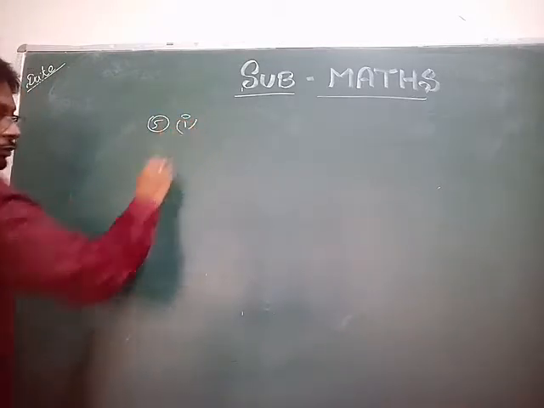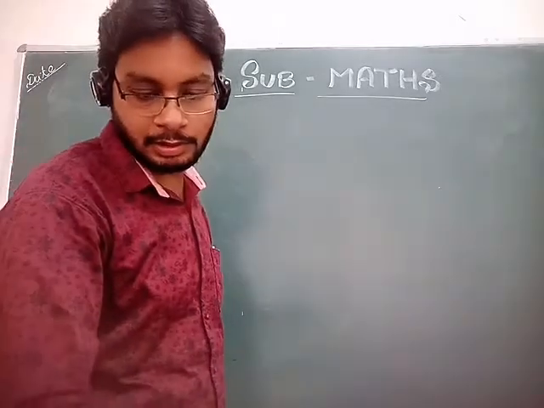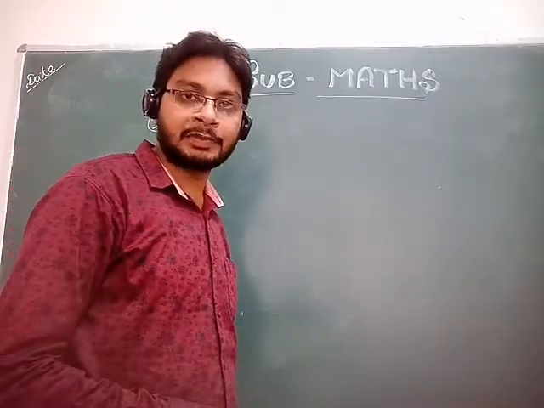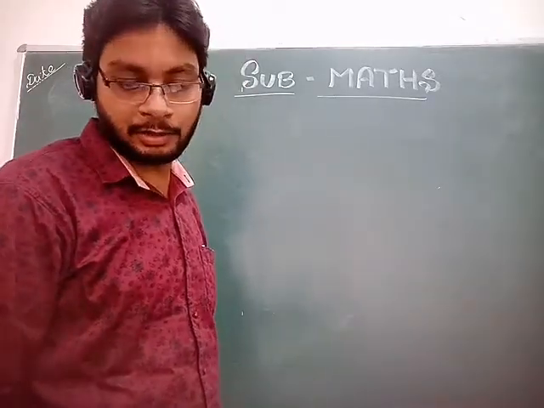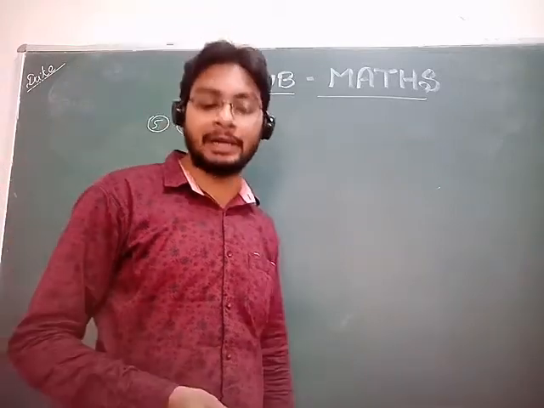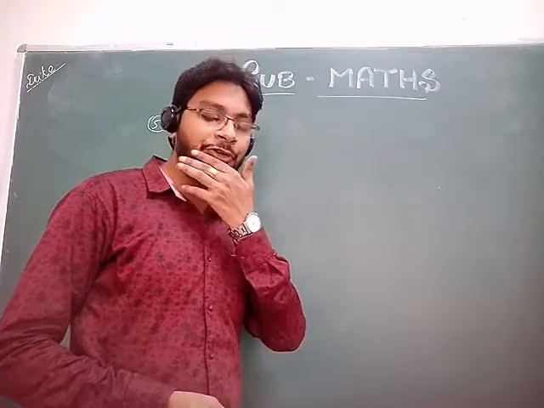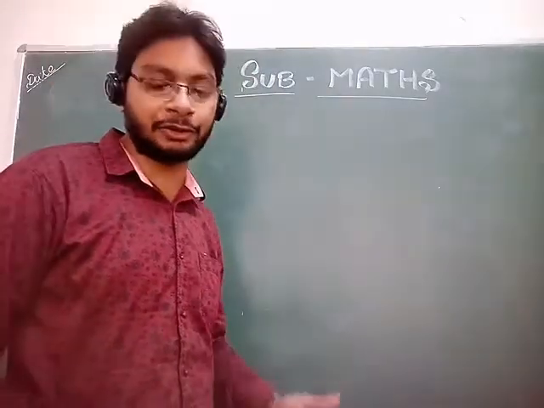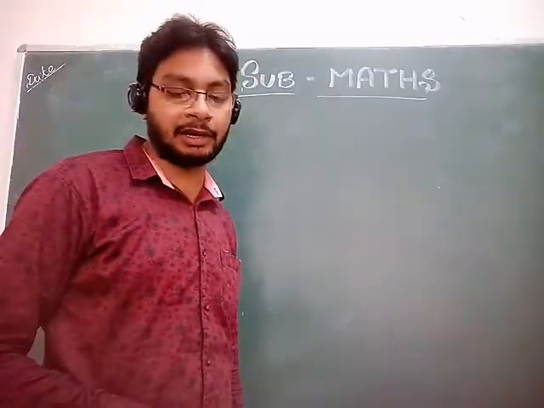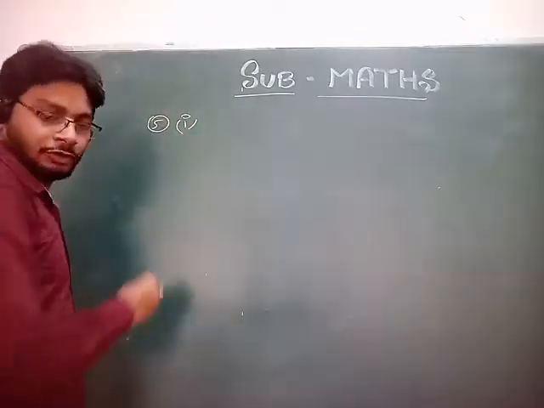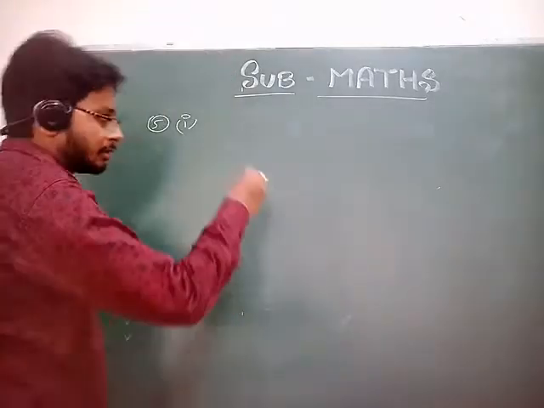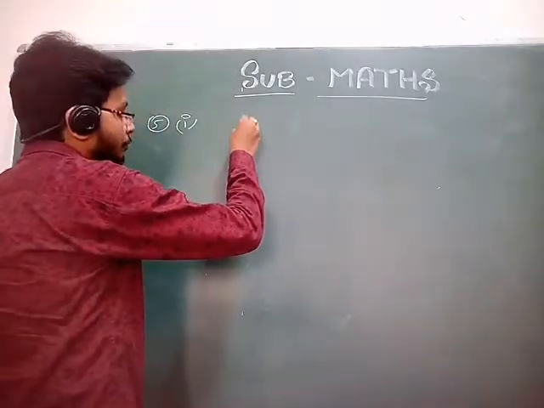First part of the fifth question: four equations are given and you have to tell which is the appropriate equation for this graph. इस ग्राफ के लिए कौन सी इक्वेशन परफेक्ट है, सही है, ट्रू है, वो आपको फाइंड आउट करना है. सो हाउ विल यू नो? You will categorize, you will divide into four parts.